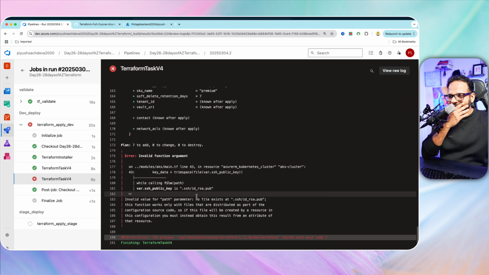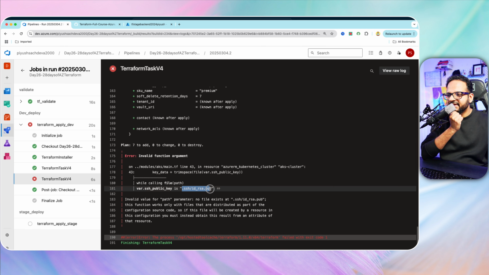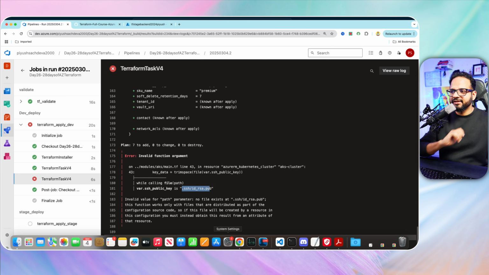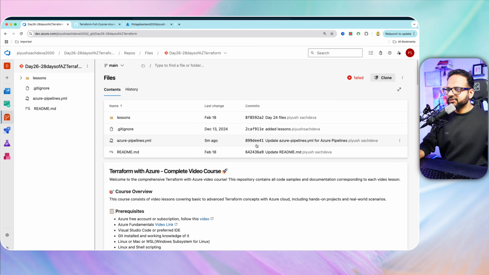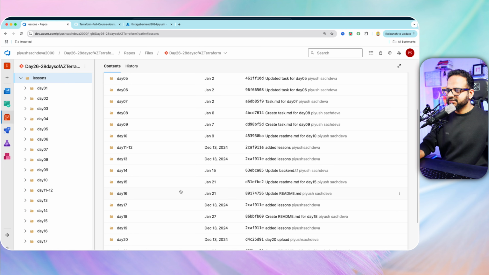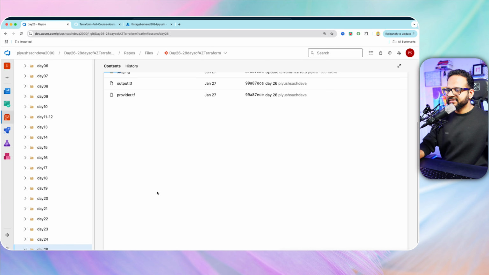Okay. It says invalid function argument while calling. So .ssh pub key does not exist, I guess. Okay, so we have to create a pub key. So let's go back to your files over here, lessons, day 26,